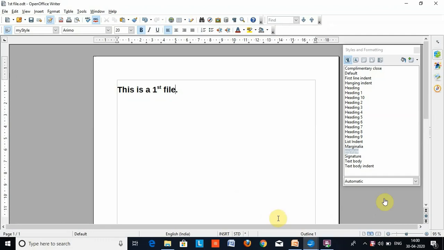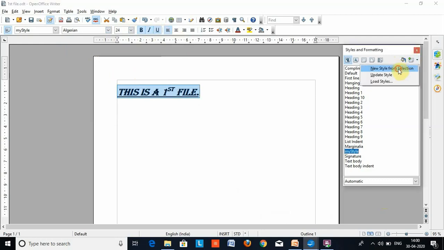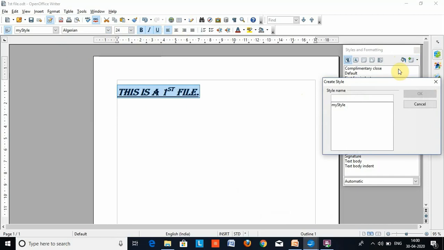And here I'm using two files. Firstly I'm working on a first file. Here I'm creating a new style. Select the first line, then change the formatting. Go back to a style and formatting window and click new style from selection, and this window is up here.